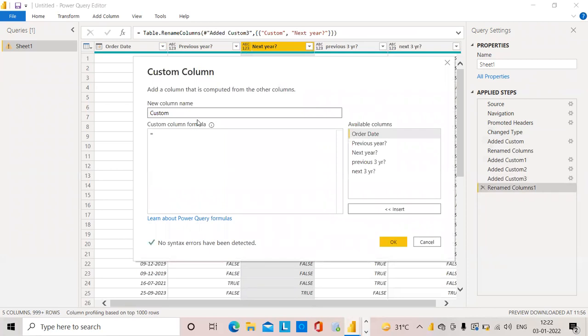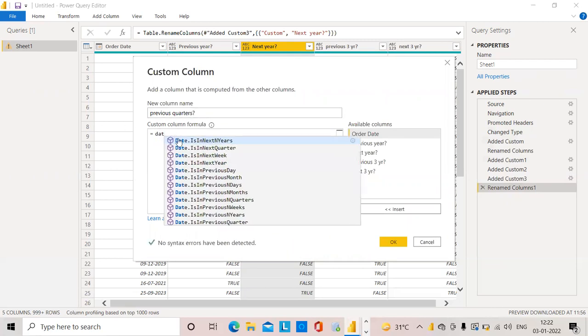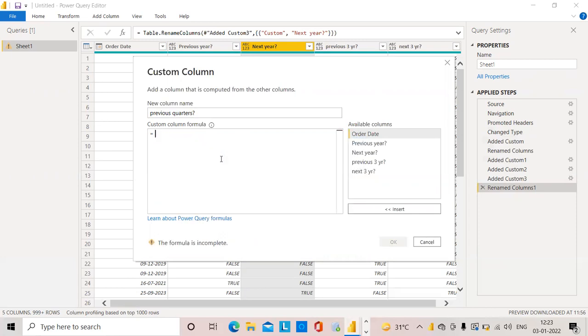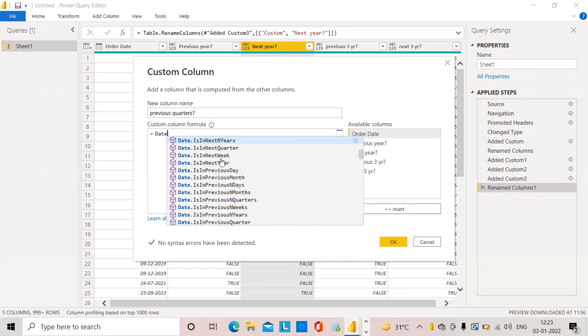Then we will see previous n quarters. I will write previous quarters. I will use Date.IsInPreviousNQuarters.